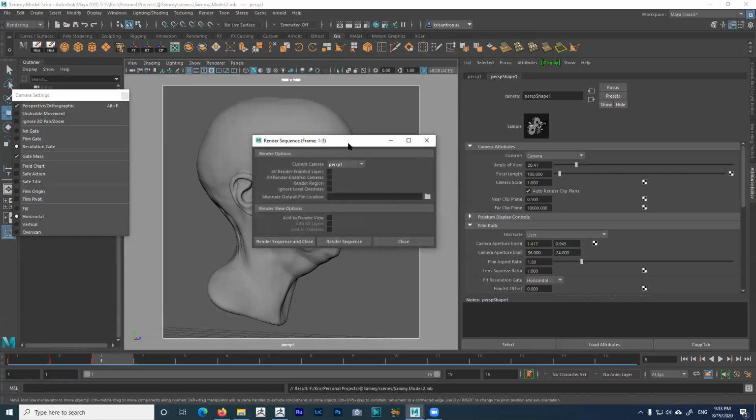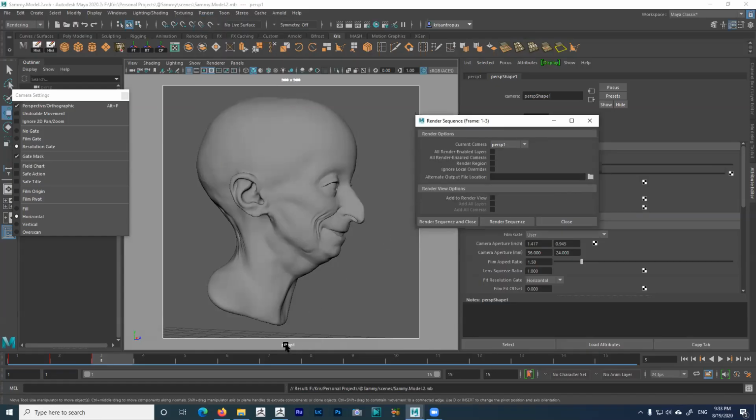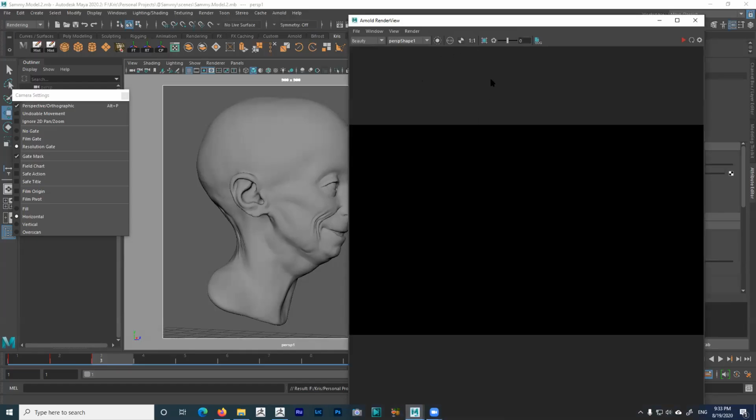And the only thing you're going to have to pay attention to here is that your camera name, perspective 1 in there, is actually matching here, right? By default, it would be perspective. But in this case, since I'm using a copy of that perspective and it's named perspective 1, just make sure you have that matched. And then another thing you can do, you can click this button here that says add to render view. What's going to happen is that every time you render a frame, it's going to render the frame and